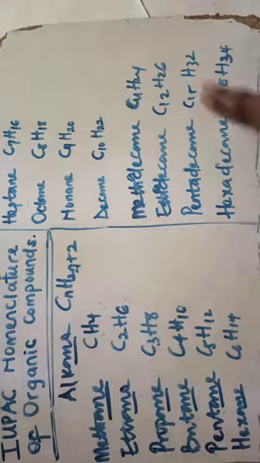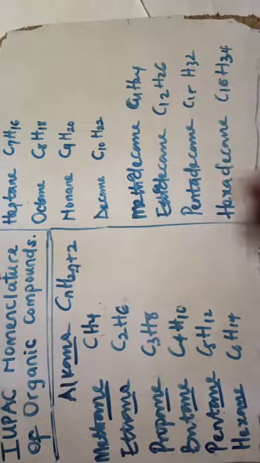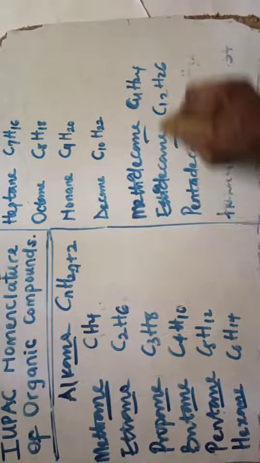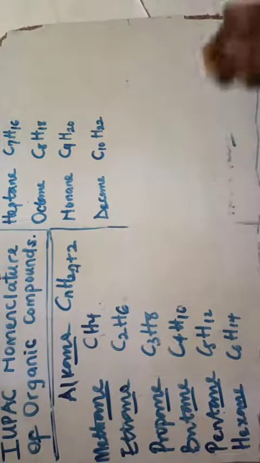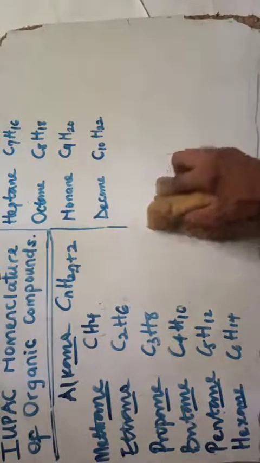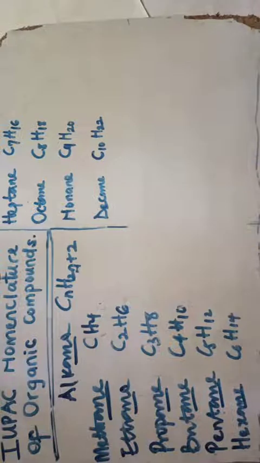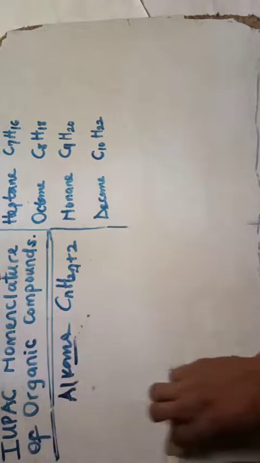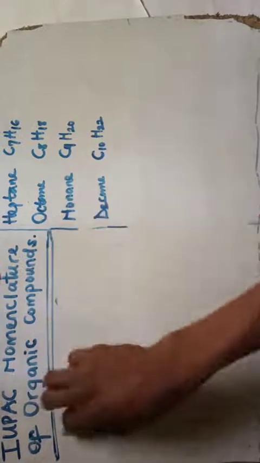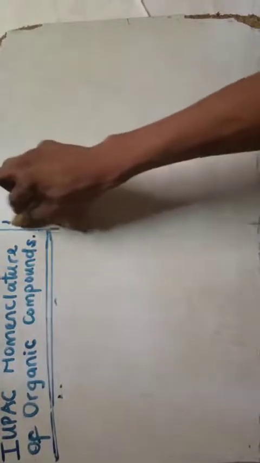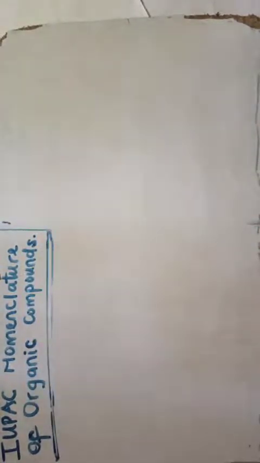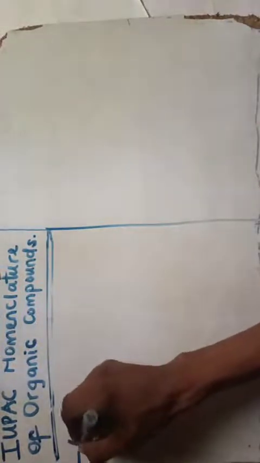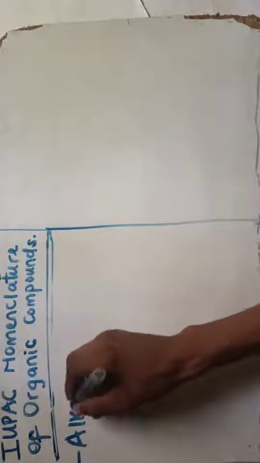So the functional group in this compound is ane. Most times it is situated at the end of naming a compound. Now the next thing is we're going to consider the functional groups in general. First, we need to know the kinds of functional groups we have. Organic chemistry is very wide. The first type we have is the alkane family, which I've talked about.